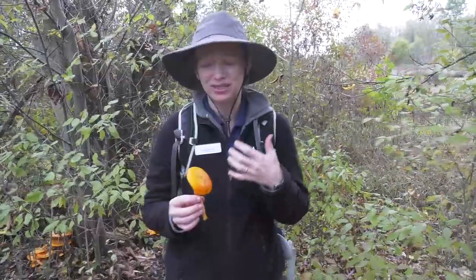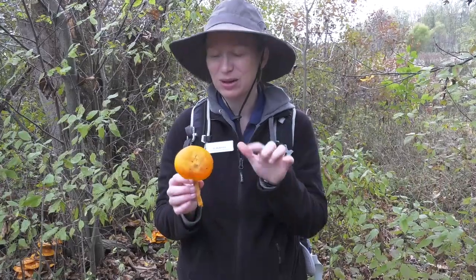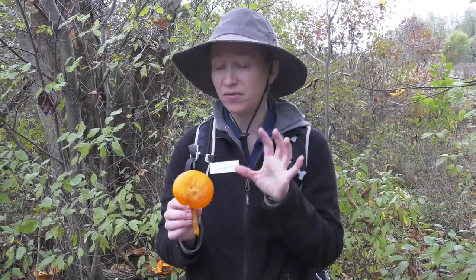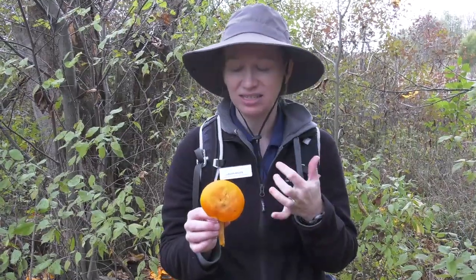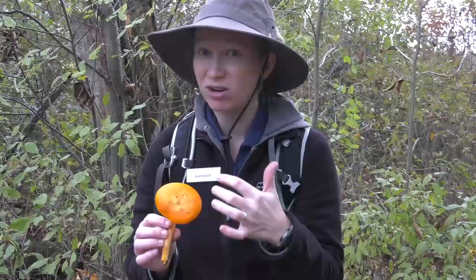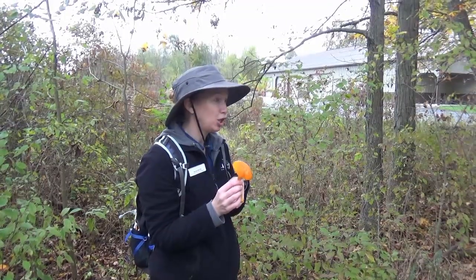So usually you think of fall and you think of all those beautiful fall colors, the reds, the yellows, the oranges. But I think of fungi when I think of fall, and especially this bright orange fungus. So this is a fungus that's called jack-o'-lantern, is its common name. It's called jack-o'-lantern because it's nice, bright orange, just like a pumpkin. It also might be called jack-o'-lantern because it also is one of our few species that glow in the dark